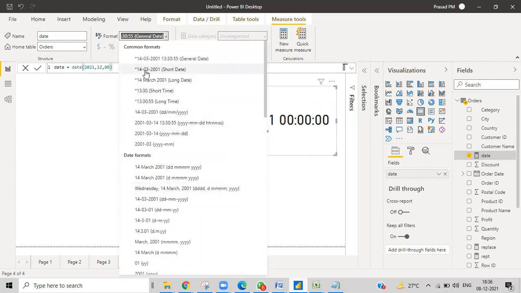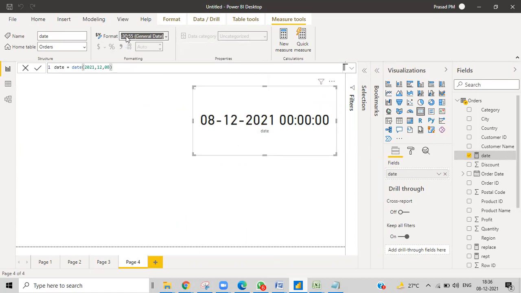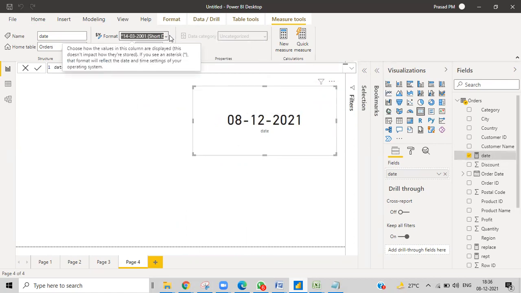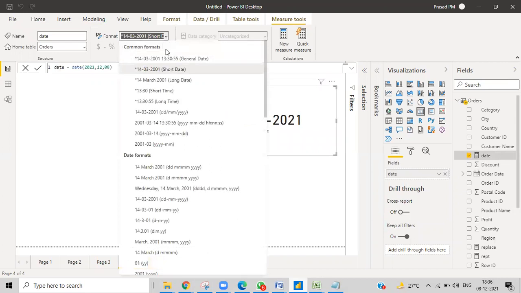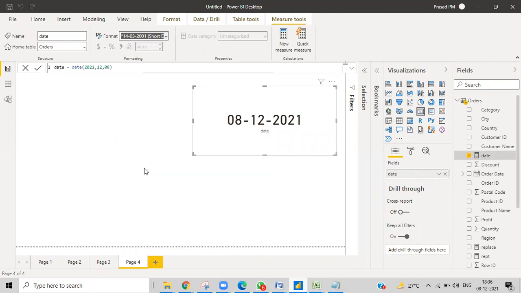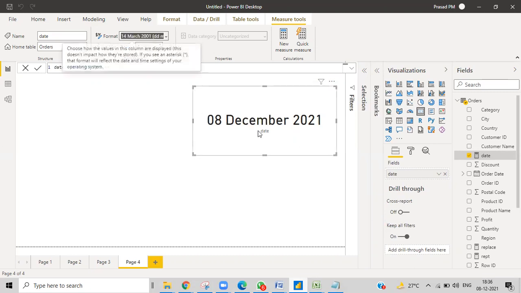If I want to make it a short date, I'll click over here and choose whatever format I need, for example the March style. So whether it is a column or a measure, just click on it and you can change the format.